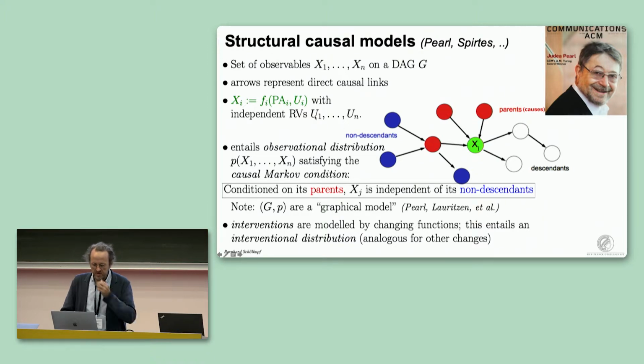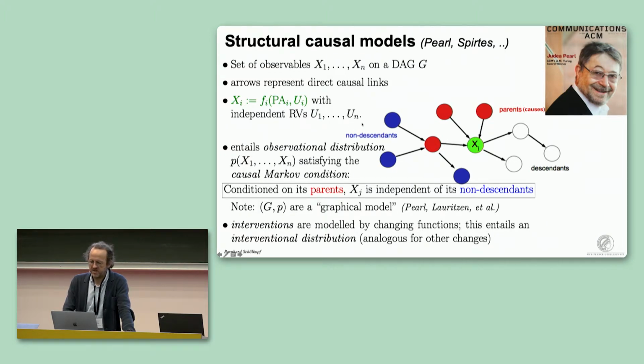And we will assume that these noise variables are jointly independent, because if they weren't, we would refer back to the Reichenbach principle and say, oh, we have some correlation that needs to be explained. So there must be a joint cause for the dependent noise variables, which means that this system is not large enough. It doesn't capture all the interesting causality that's going on. So this is an assumption of what's called causal sufficiency.